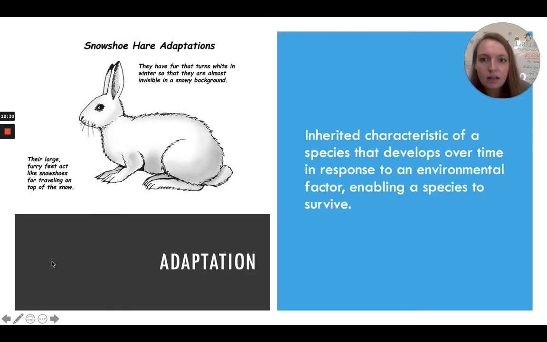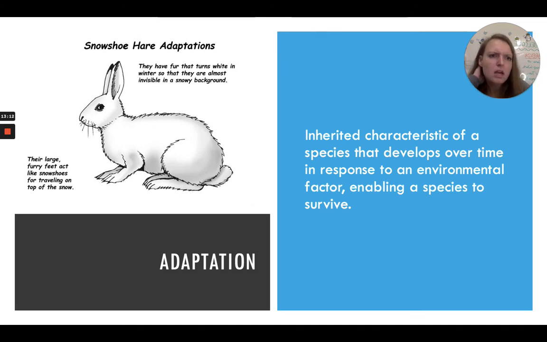So last but not least, we're going to talk about adaptations, all right? So an adaptation is an inherited characteristic, so it comes from the organism's parents, all right? So it's an inherited characteristic of a species that develops over time in response to an environmental factor. So this enables the species to survive. So there's something in the environment that is making a characteristic or a trait really advantageous. And so that trait is getting passed on and allowing those individuals with that trait to survive